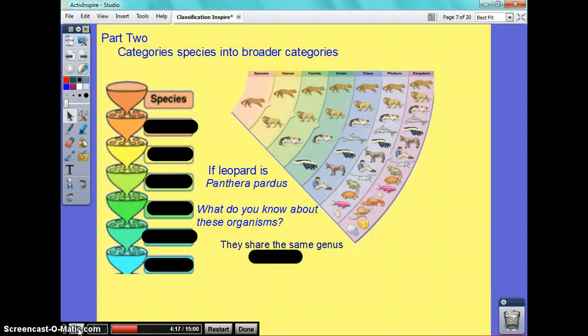Part two of what? Classification. Good. Part two of classification and grouping organisms. The categories actually get broader, species into broader categories. So species is going to be the most minimal of categories, and as you go up, they get broader. That means more diversity. And if you look at the picture, you could see that. As I was saying before, there's your panther, and it's in the same group with what? If you look at this picture. A lion. And you get into the next group, you see how the organisms start to grow in numbers.